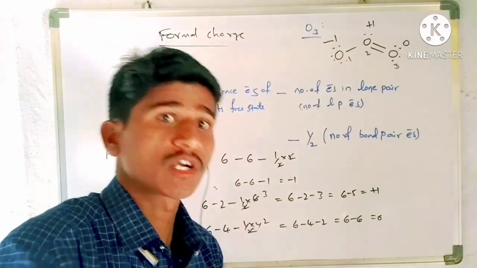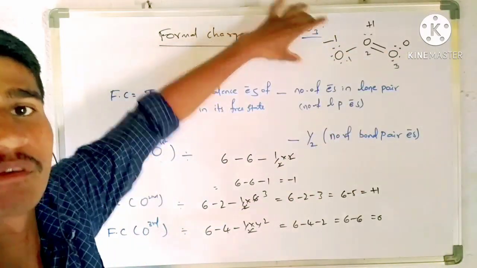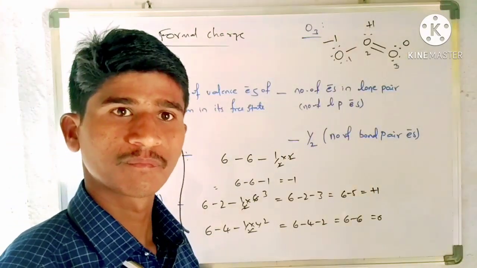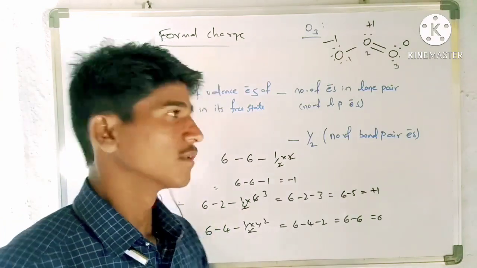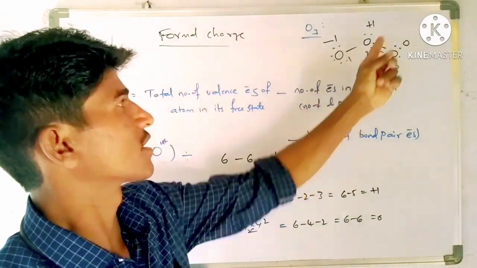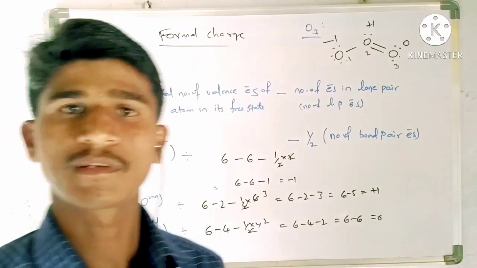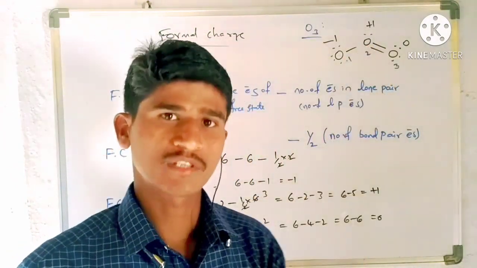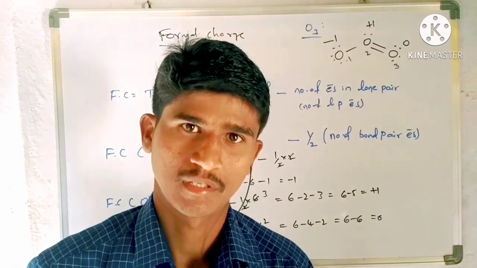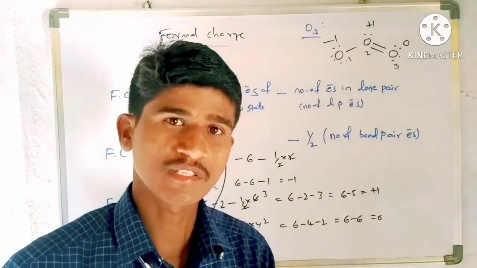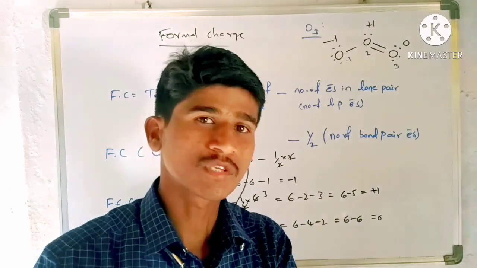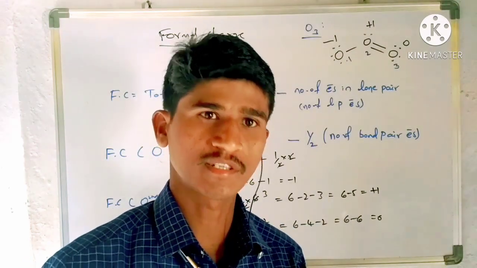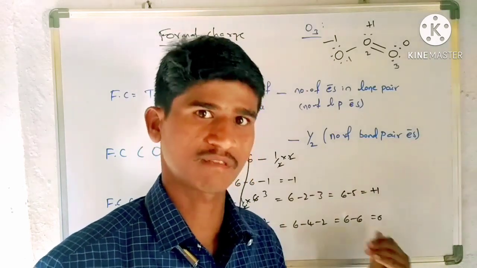Now what is the formal charge of this O3 molecule? It is 0. Why is it 0? Here +1 is there, -1 is there, so it is 0. The molecule charge is 0. But individually this atom has -1, this atom has +1. Actually, this concept is the old concept. Nowadays, instead of formal charge, we are using the coordinate covalent bond. But we discuss formal charge here in order to study the reaction mechanism of organic molecules, that is nothing but resonance. We will discuss that in the next example.